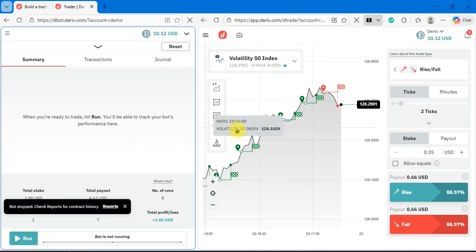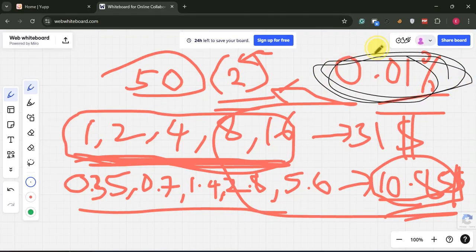I just stop it right away so that you reduce the amount of money that you can lose on that